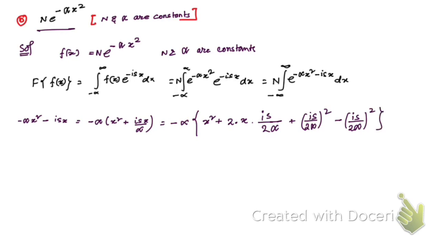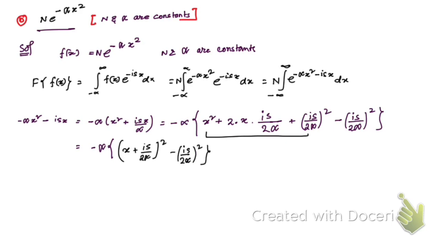Now it is balanced. Now what we have got here is minus alpha, and from this we have got x plus is by 2 alpha whole square minus is by 2 alpha square. We have got this. So now let's use this result here. Then what we can have,